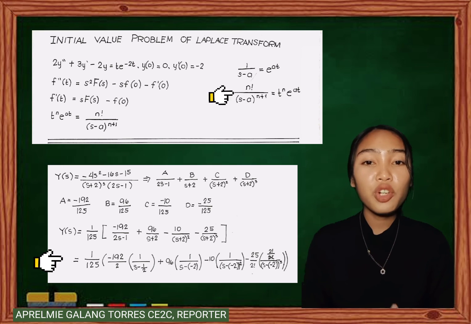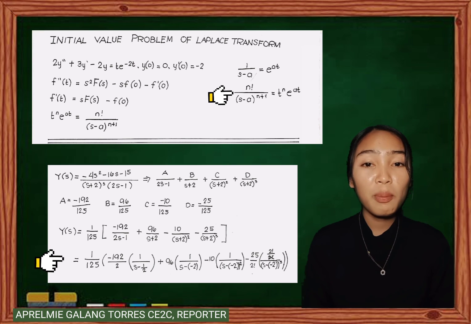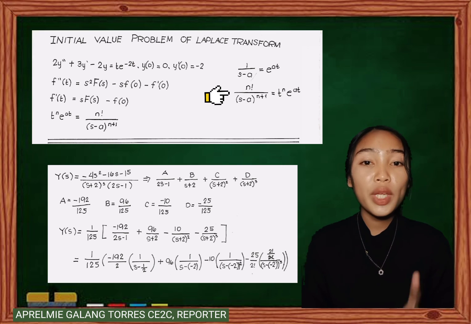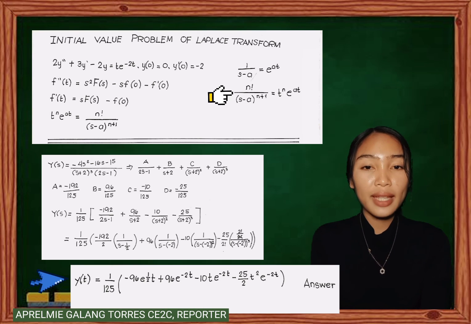So now that we've converted everything into the same format as our formulas, we can go ahead and perform the last step of our problem, which is the inverse Laplace transform. So let's go ahead and do that. What we'll get is a y of t, which is going to be equal to 1 over 125. That will stay out in front. The negative 192 over 2 is going to be negative 96, and the formula tells us that this part here